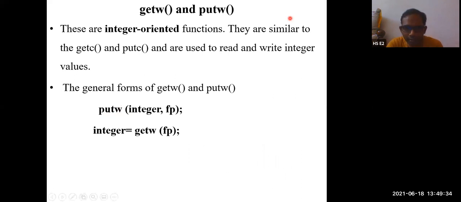Sir, once can you say about append? Append means adding the text. Already some text is there, and we are going to add the text. If you use write operation, the file will be created only once. Again, if you open the file in write mode and you want to write, the content will be lost and the new content is going to take place. So whenever you open the file in write mode, if the file already exists, then that file will be deleted. Again, a new file will be created.